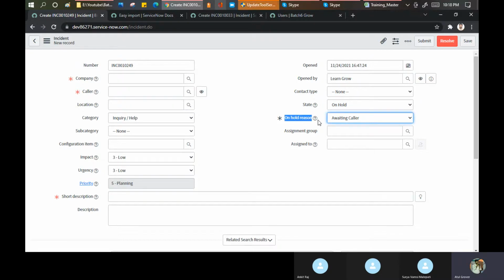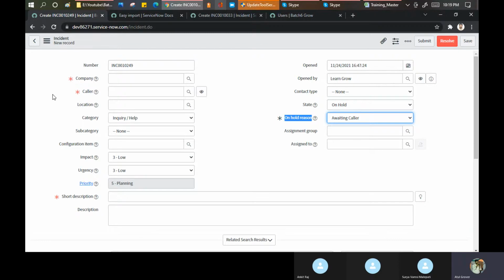So it means this is the concept called UI policies, user interface policies. A few things to be very clear on. UI policy only and only works on the form level, not on the list level. Via UI policy, you can perform only 3 functions.